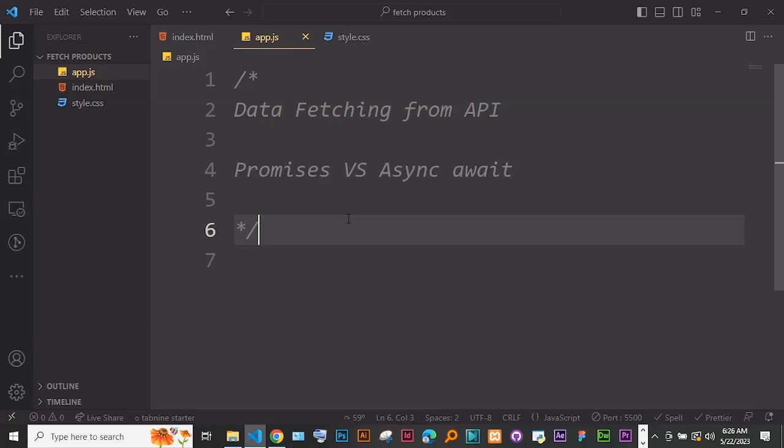asynchronous programming tasks, or asynchronous tasks. So what are asynchronous tasks? Asynchronous behavior is where tasks are executed independently, and one of those tasks can be data fetching. Data fetching from an API is a typical example of an asynchronous task, and we can handle it using